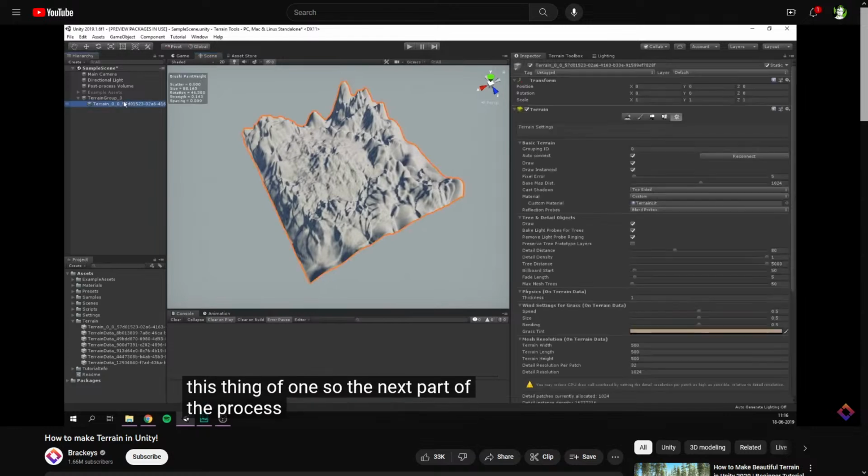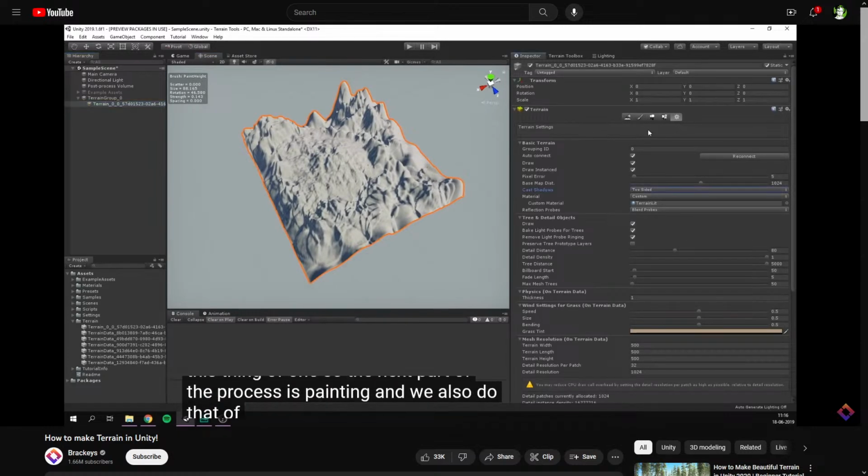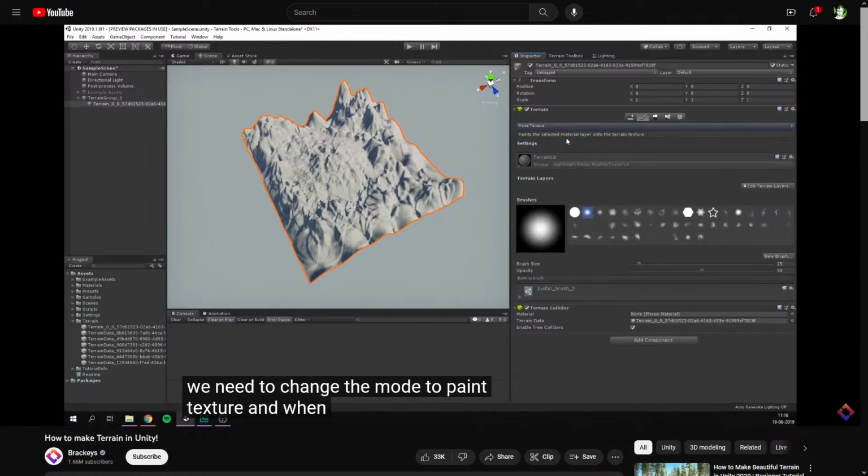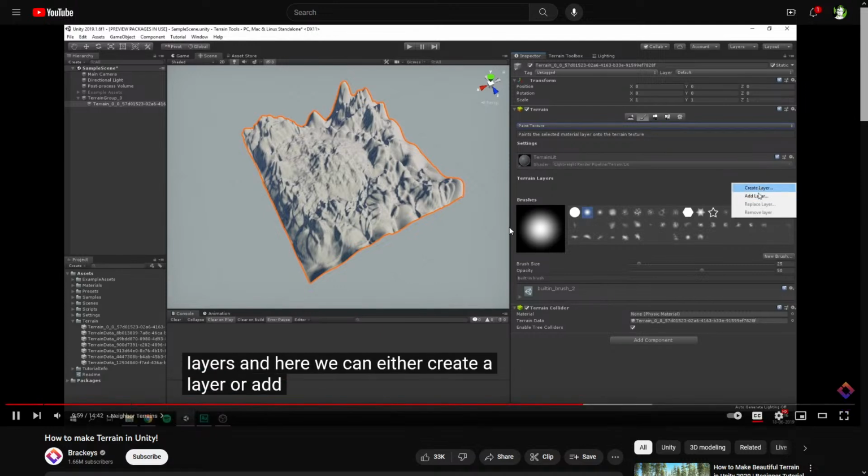So the next part of the process is painting. And we also do that, of course, using the paintbrush, but we need to change the mode to paint texture. And when painting onto terrain, we are working with what is called terrain layers. And as you can see, currently there are no layers here. So let's go ahead and hit edit terrain layers. And here we can either create a layer or add an